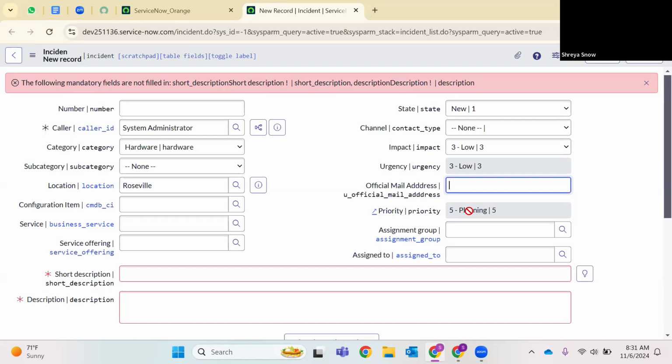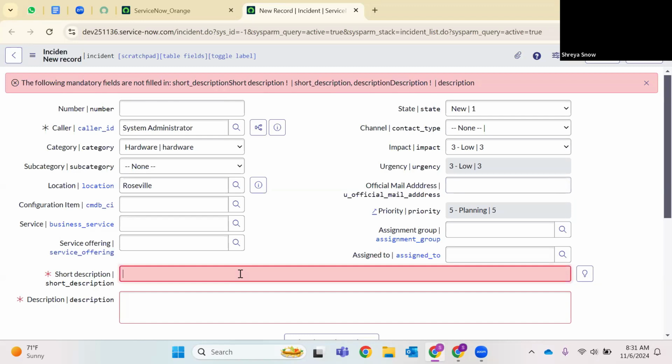What is SLA? Service level agreements. That is nothing but whenever we have a discussion between the client and the service provider, the client will give a set of conditions: if there is a critical case P1, within 8 hours it has to be resolved. Within 1 hour, someone has to be assigned to this incident. Like that, they'll set certain rules, and based on that, we'll create SLAs, and the SLA will be attached to the